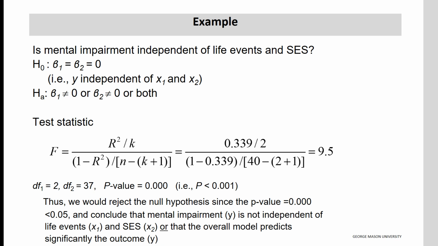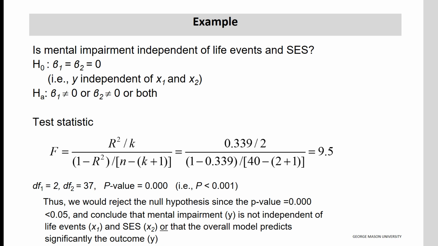Let's go back to the example of mental impairment. And the question is: is mental impairment independent of life events and SES? So the null hypothesis would say that the dependent variable is not associated with, or is independent of, x1 and x2, basically life events and socioeconomic status. The alternative hypothesis, though, would say that either slope 1, meaning the slope associated with life events, is not equal to 0, or that the slope of the second variable, socioeconomic status, does not equal 0,